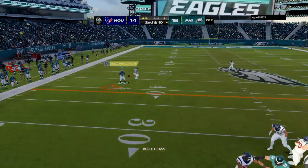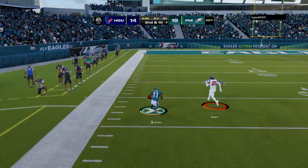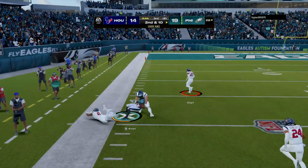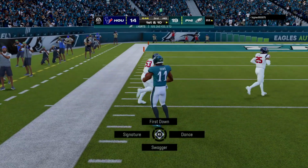Second down, here's Jalen Hurts. He'll get this one complete. That's A.J. Brown. Oh, he shifts past him. A big play there for Philly. And even